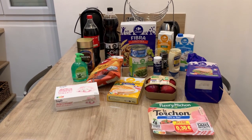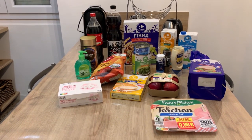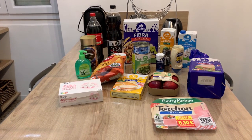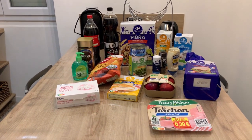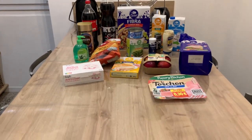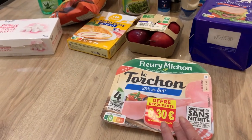Garrett was smart and he looked at the weather forecast. It's supposed to rain all day tomorrow, so we got enough at least to have dinner. Maybe not the most nutritious, but we have enough for dinner tomorrow. We forgot our receipt. What you see here was roughly 42 euros, and what we got was some ham lunch